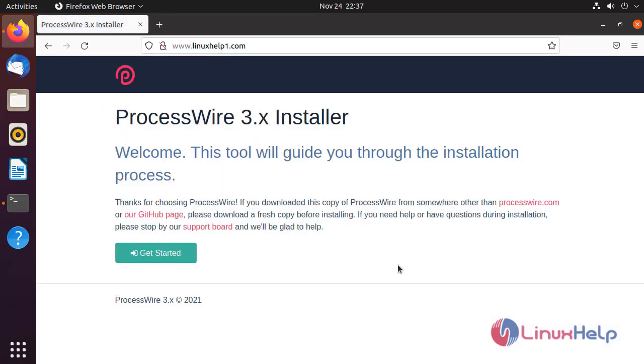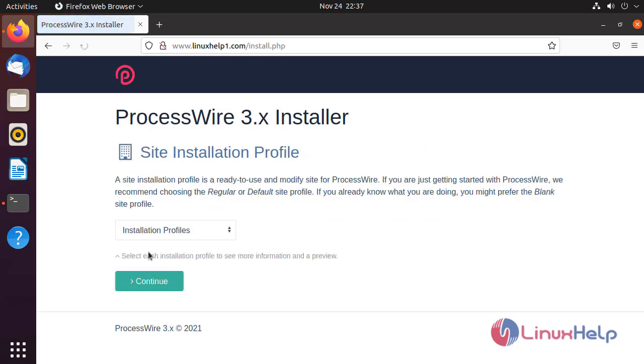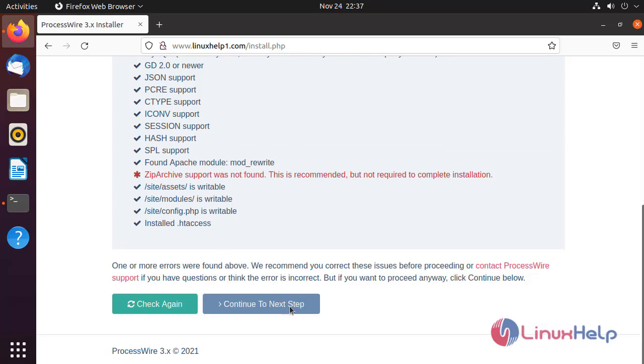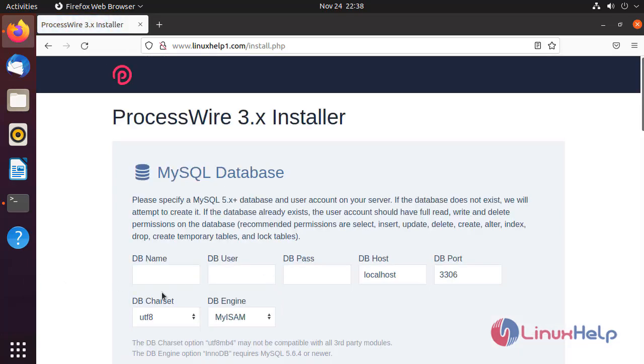This is the ProcessWire CMS page. Click get started. Choose beginner install. On the next step, give the database credentials. I am giving the database name process,